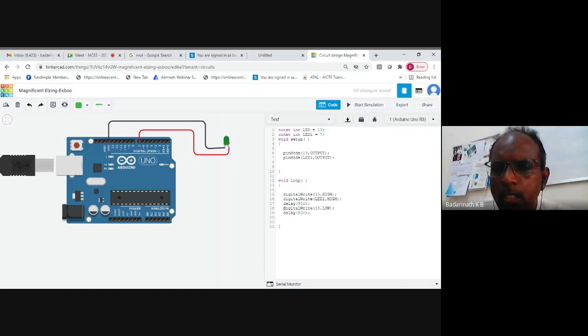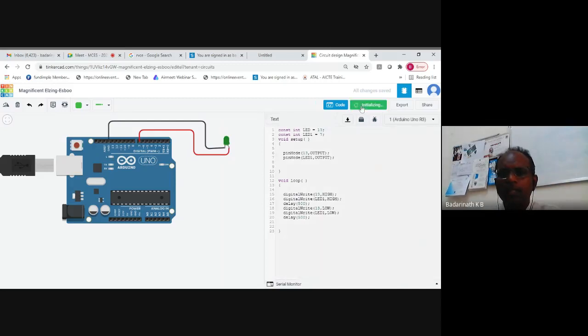Similarly, I'll copy this and make this LED 1. Now the code I have modified will blink the new LED connected to the Arduino board, and it will also blink the LED which is already on the board. Now I'll start the simulation.